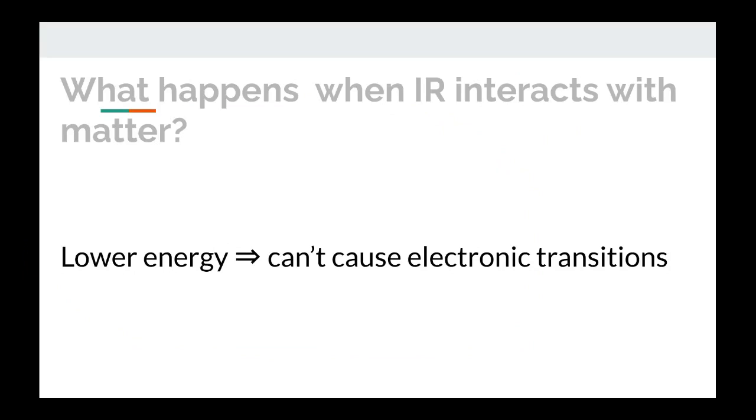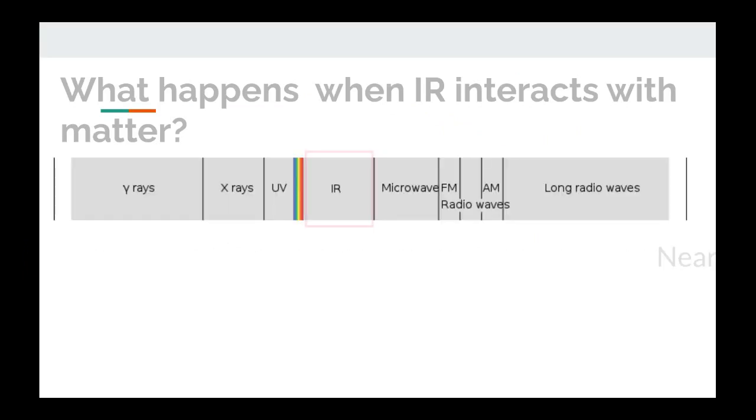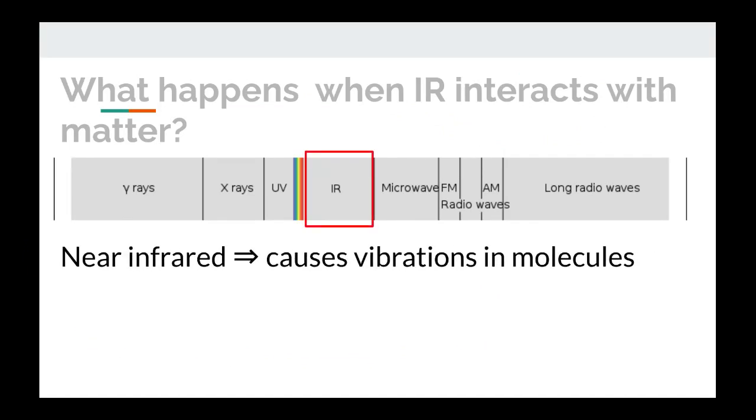Even though infrared radiation cannot affect energy level transitions within the atom, it doesn't have no effect on matter. These lower energy wavelengths can't cause electronic transitions. What they do is cause vibrations and rotations in molecules. In the near infrared, meaning close to red, close to what we can see but still too long for us to see,